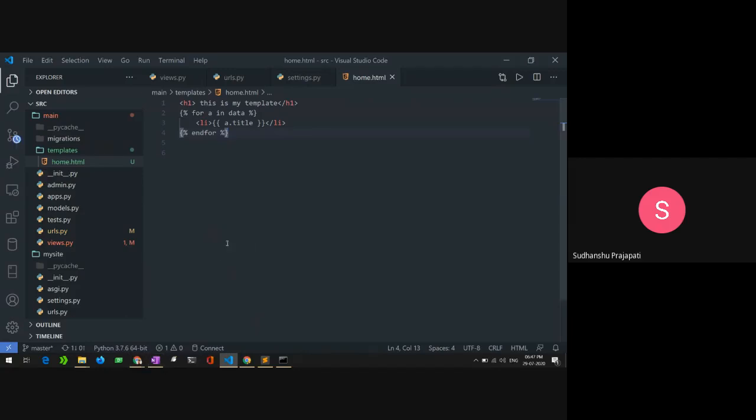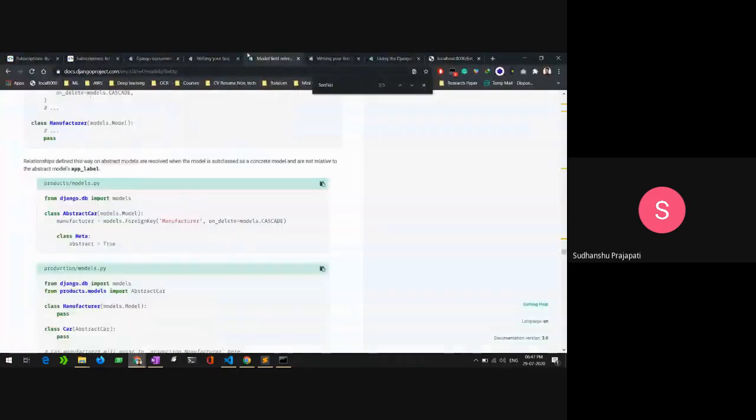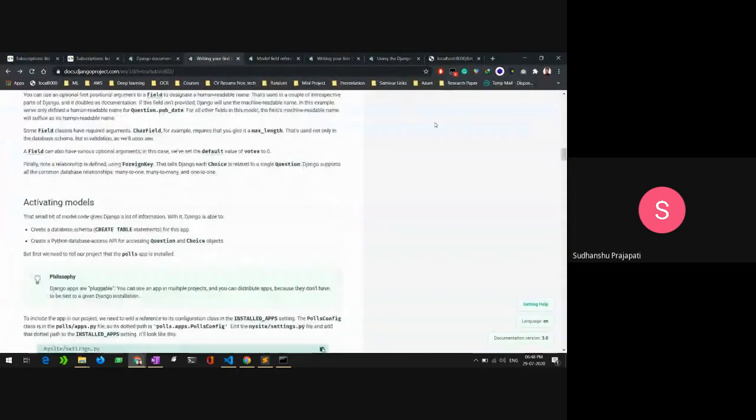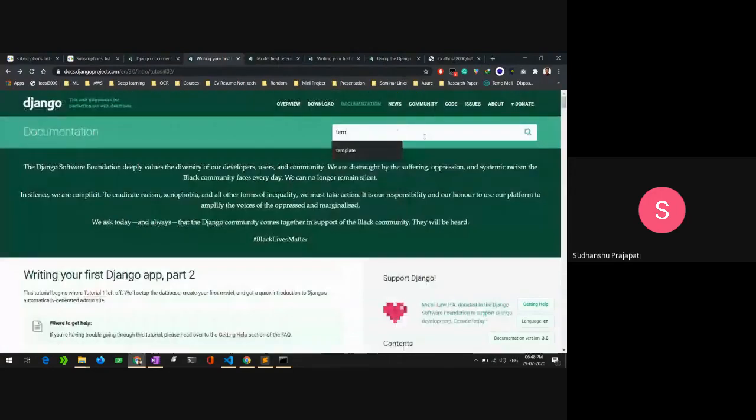To give you more insight into what kind of things you can actually use inside the template, let me show you the templating engine in the documentation.